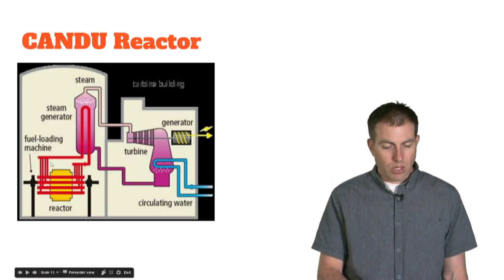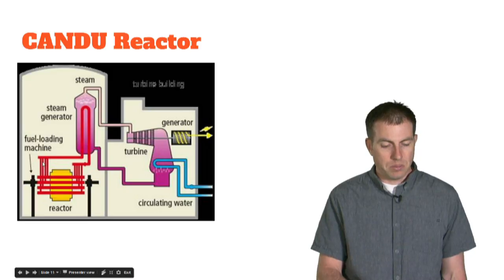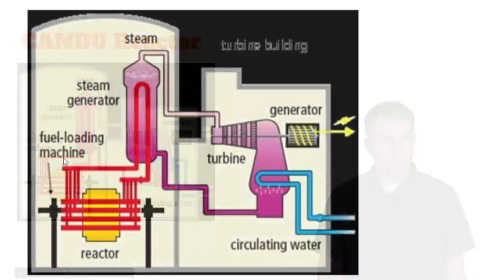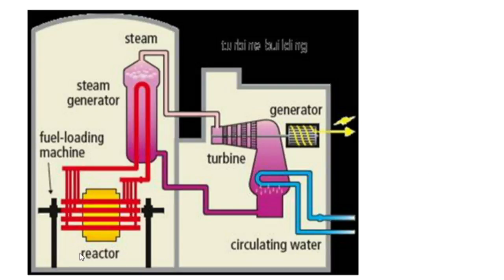So this is what the inside of a CANDU reactor looks like, more or less. So you have your reactor core, not very big, maybe the size of a couple cars, maybe a truck. These red bars here would be uranium. So we stick uranium in, and basically you get some water that goes in this circuit, and it comes up and gets cooled and drops down, makes it back to the core, gets hot again, comes up, and when it makes it into the second container, there's a bunch of water in here. It heats the water up. The water evaporates, creates steam,